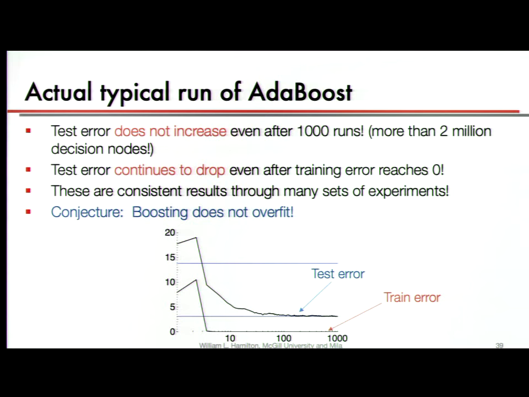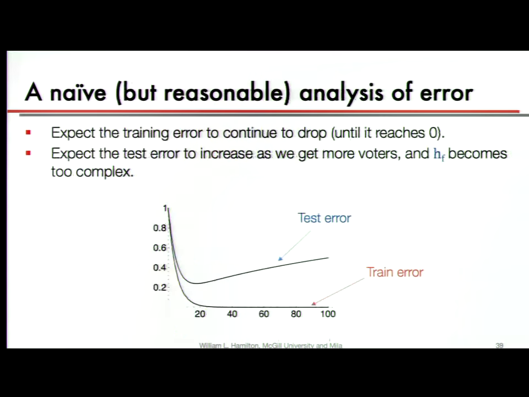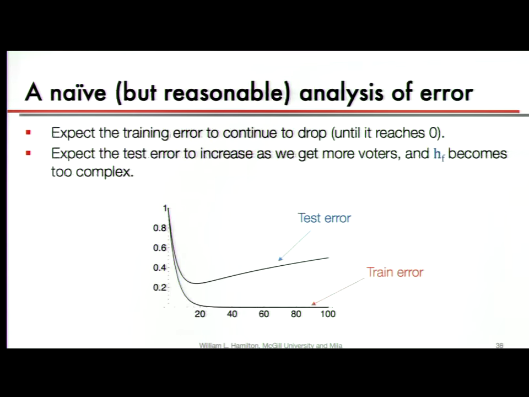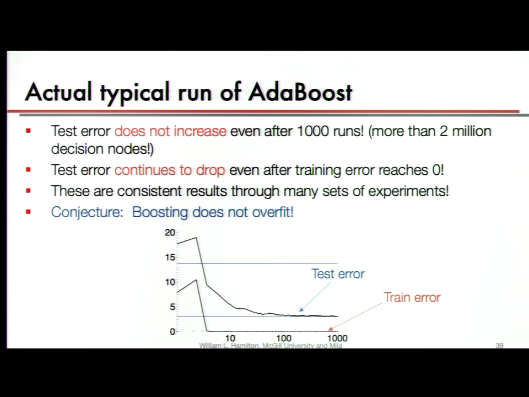For a long time, it was viewed as, in some sense, the best algorithm. It had this elegant motivation. It didn't seem to overfit. I think that in practice it didn't always perform the best, but some combination of its mathematical elegance and the fact that it does pretty well made it the crown jewel of machine learning for a long time. This actually came out in 1995, so it's been around for a while. But yes, it's a very interesting approach. It doesn't seem to overfit. These days, it's not as popular.